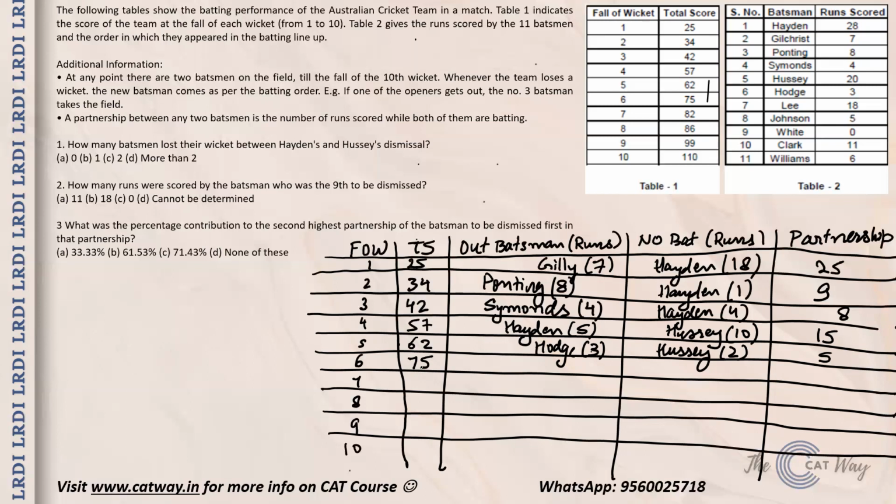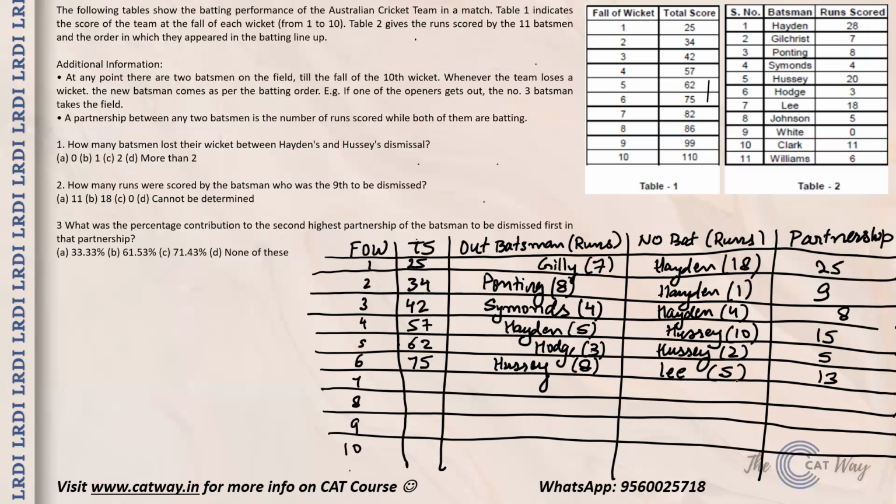Now the total partnership that Hussey and Lee had was of 13 runs. Lee has to score 18 runs, and only a partnership of 13 was there, so it cannot be Lee who got out. That means definitely it has to be Hussey who got out. Hussey had already scored 10 plus 2, 12 runs. That means the remaining 8 runs he scored in this partnership, and the remaining 5 runs of this partnership were scored by